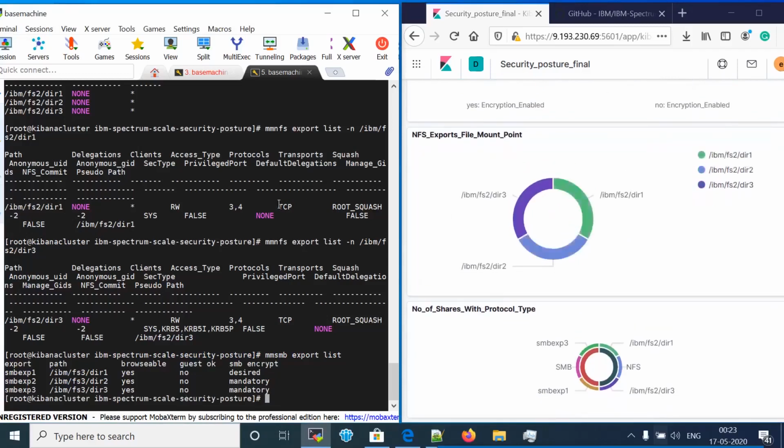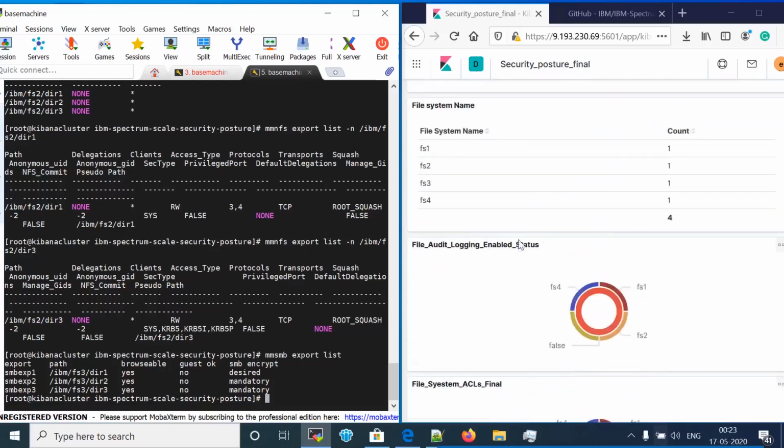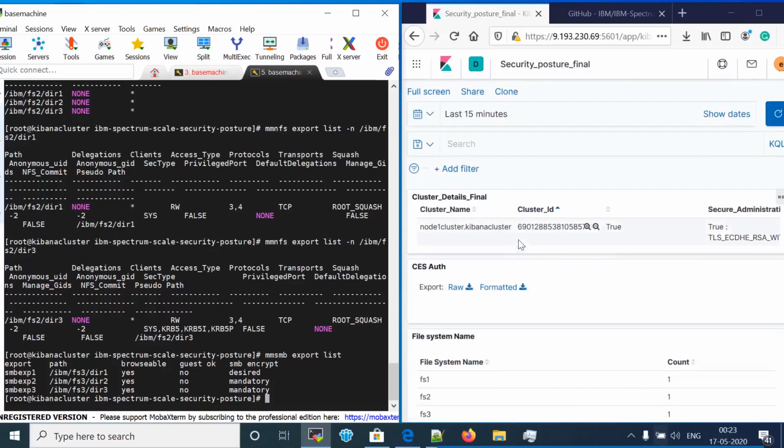So hey guys, today we are going to use the IBM Spectrum Scale security posture. To use it, we need to follow the instructions. It is a Kibana tool which gives us the graphical representation of all the security features. So we will first clone this